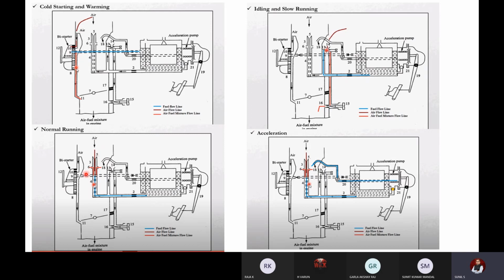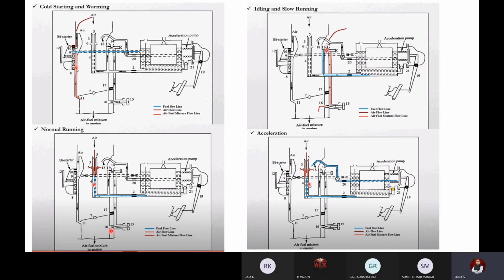Air will be sucked here, similar to the simple carburetor. Because of the reduction in pressure here, there will be a suction created. So from point 6, air fuel mixture enters into the main carburetor body. Here you can see the blue line wherein fuel will be entering, and the brown color line where air will be entering. At point 6, both of them mix and they flow out from point 6. So this is under normal cruising condition, wherein you get the best possible efficiency.